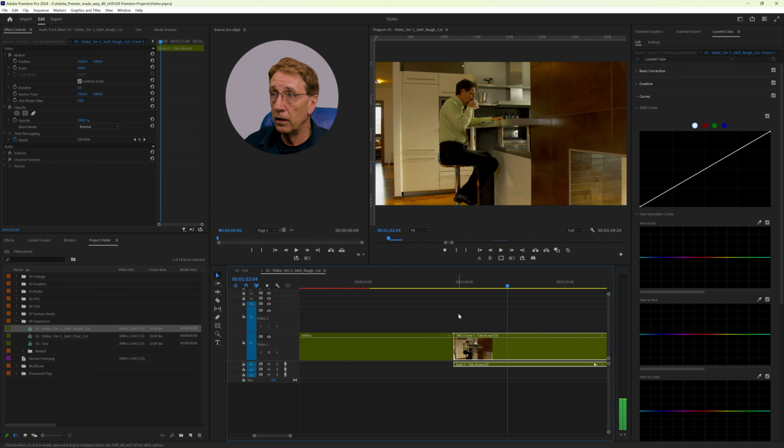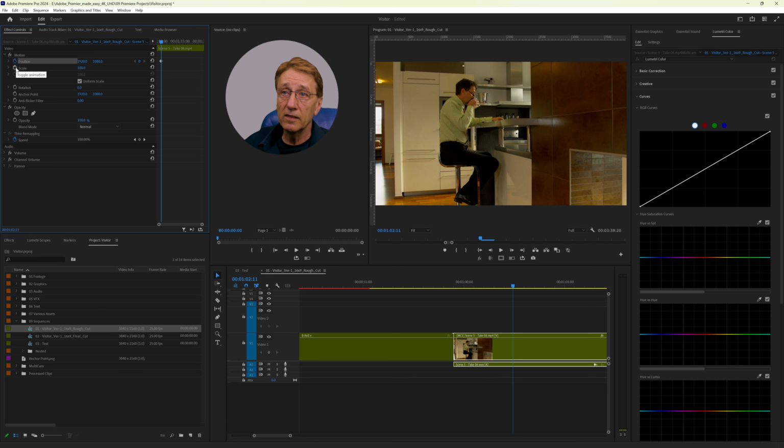So I go here with my cursor, with my arrows. That's exactly where I want to place my keyframe. I've selected this clip and I set position and scale at 100% here.